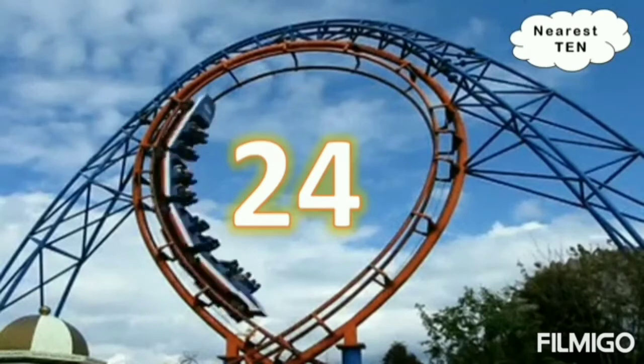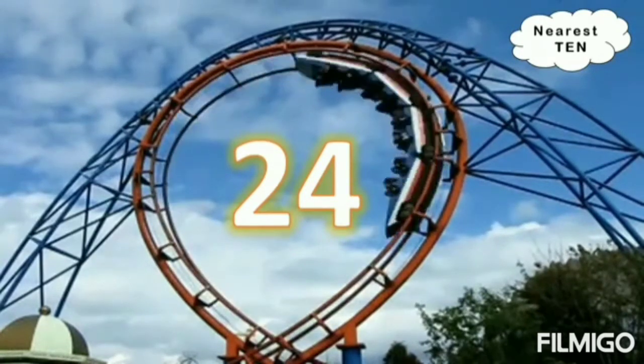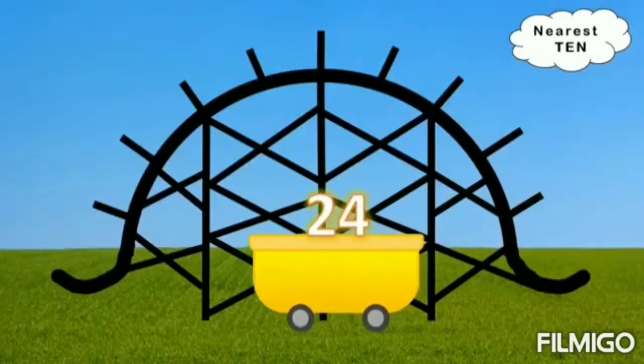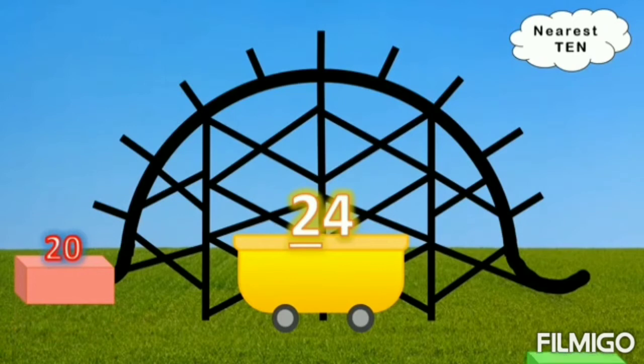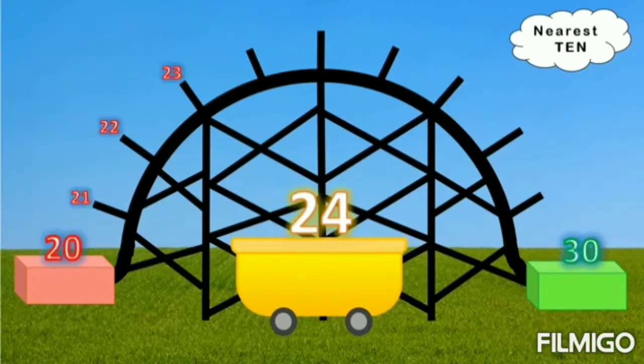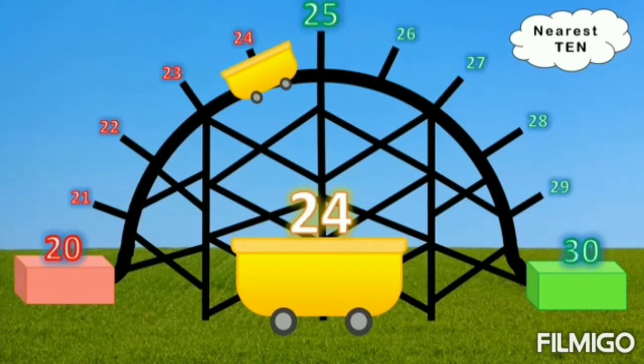Now I am taking the first example, 24. Now we can round it off to the nearest tens place. See, I have taken the number 24. We all know 24 lies between 20 and 30. See, in this, when you take the tens place, 2 is there. So the number lies between 20 and 30. What are the numbers in between 20 and 30? 21, 22, 23, 24, 25, 26, 27, 28 and 29. Now where is my number 24? Yes, here it is.